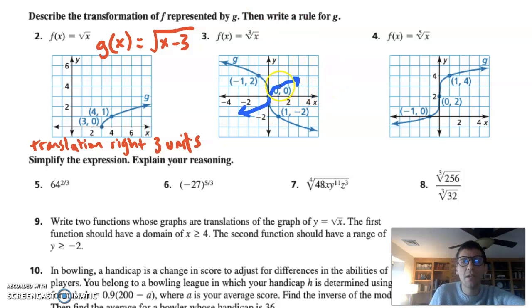So what we can see here is, once again, this has been stretched. Instead of going just over 1 and up 1, and it's been reflected. So it's a stretch vertically by factor of 2, because instead of going 1 over and up 1, and it's a reflection,